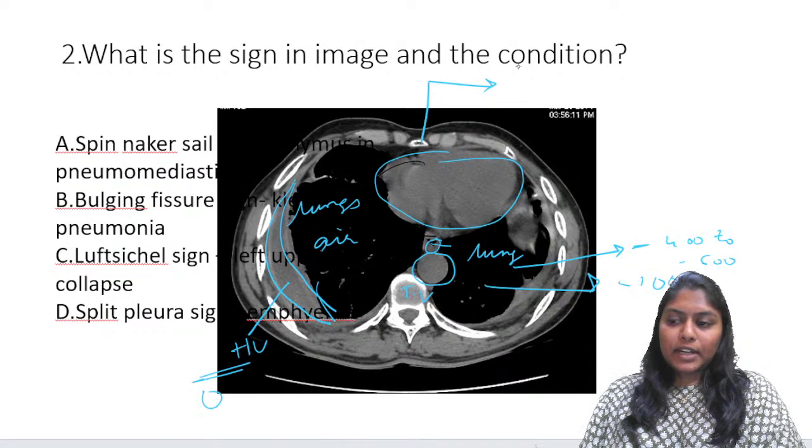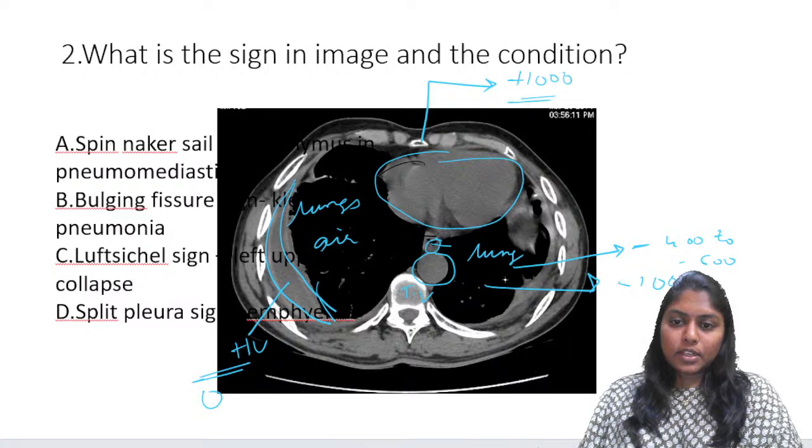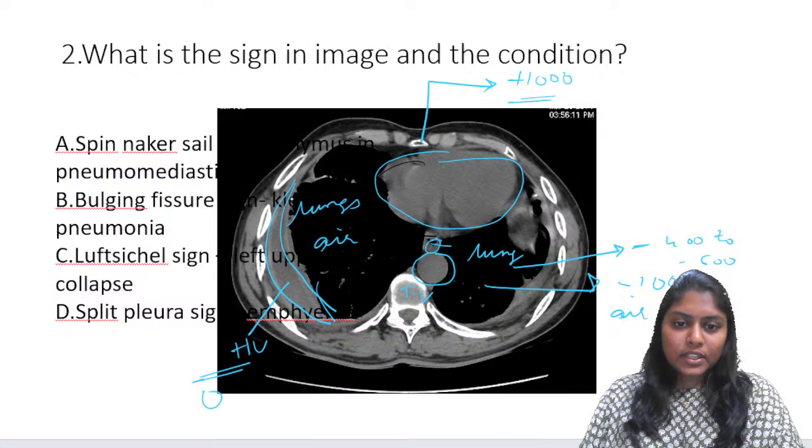So this is the brightest amongst all. This is the plus 1000 bone, and air is minus 1000. So this is of water HU, which is there between the parietal and visceral pleura. Coming to the options,